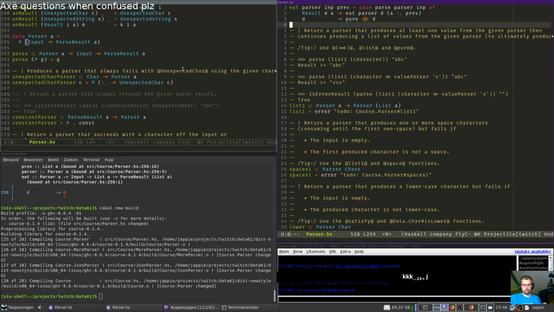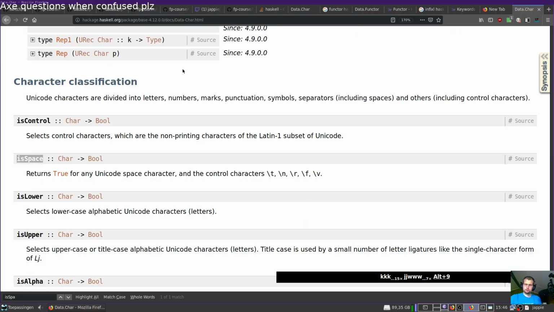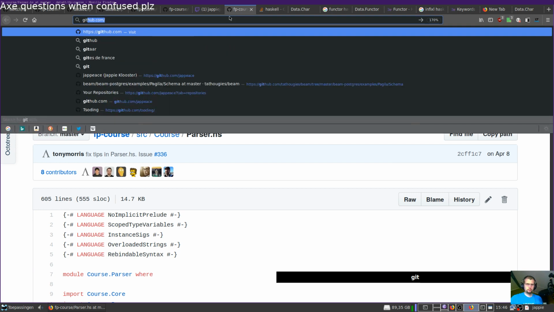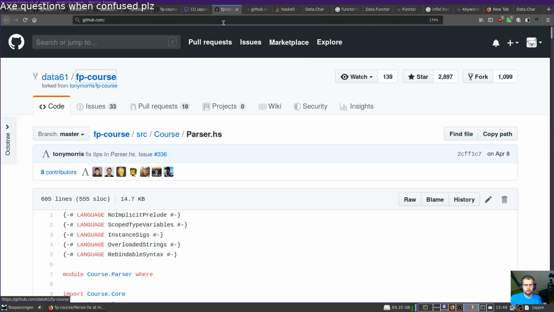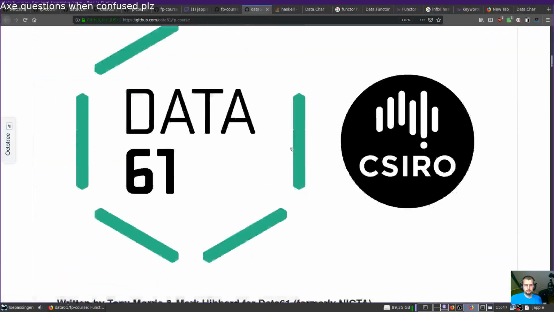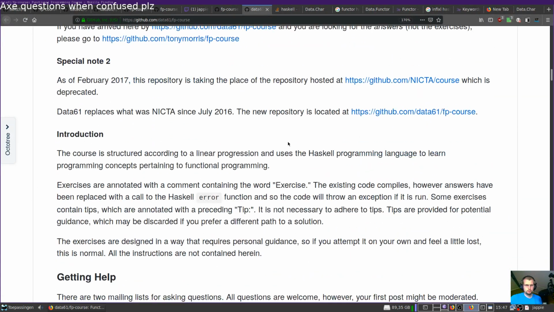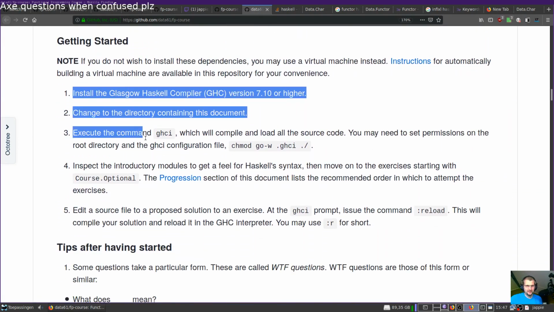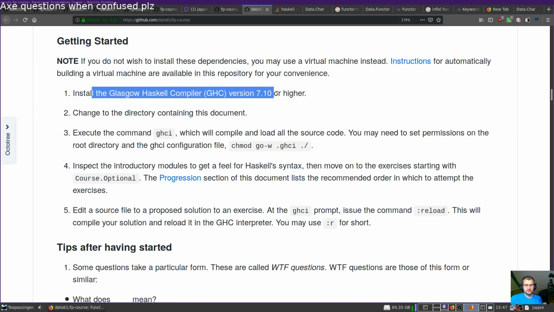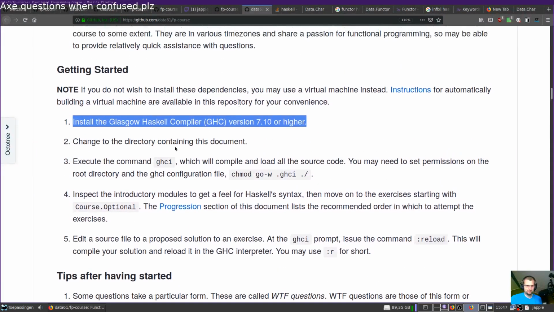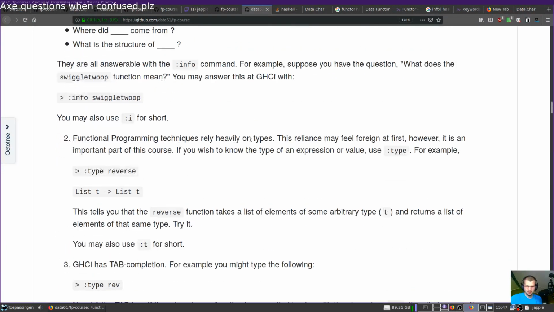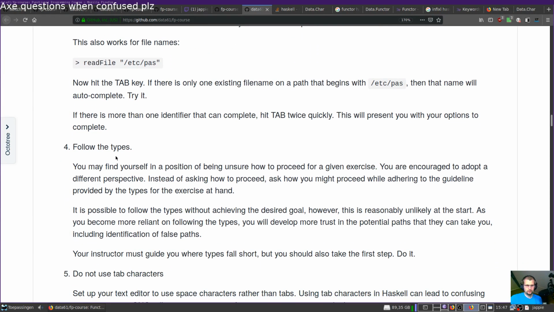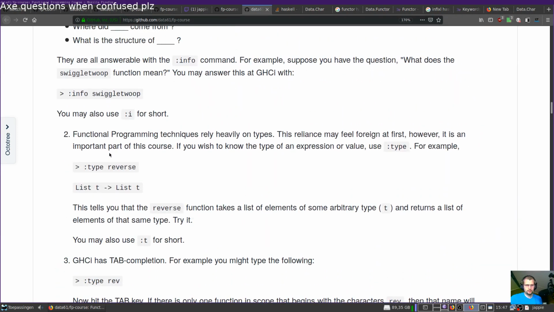Return a parser of at least one value from the given parser. Wait, let's look at the repo. Yeah, this thing. How do you use this stuff, man? Yeah, just install the GitHub compiler. It's so easy. Just use your package manager and everything will be alright, except never. "PCI step completion." Thanks for telling me the obvious. I didn't know that actually, but.